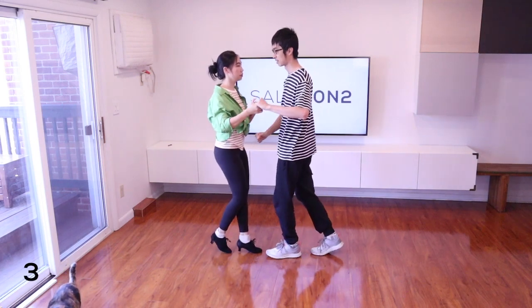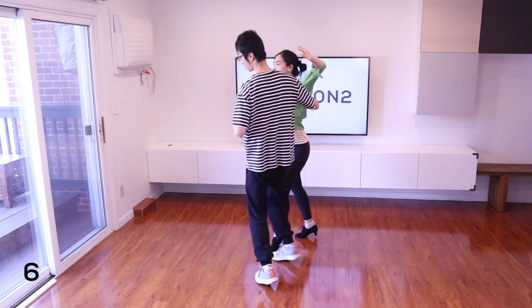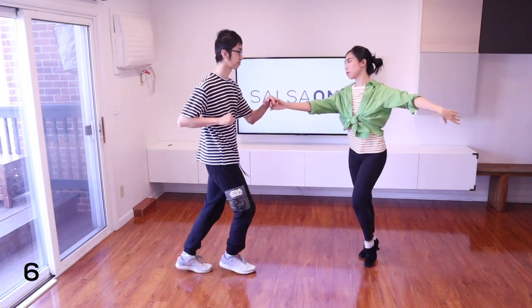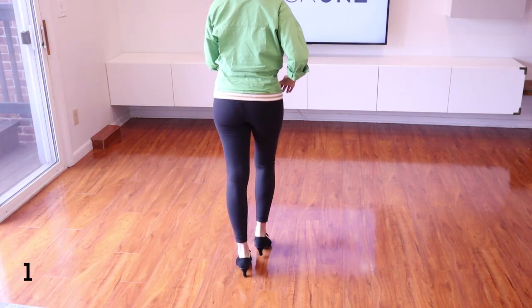1, 2, 3. From a different angle. 1, 2, 3, 5, 6, 7. And 1, 2, 3, 5, 6, 7. 1, 2, 3. So now we're going to add our pivoting left turn, which is oftentimes a free spin or